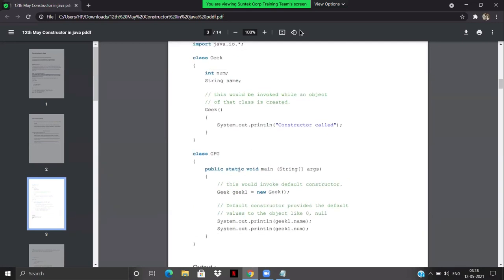The reason behind that is, let me explain it to you. We have Geek1 equal to new Geek. Which object have we created, and for which class? We have created an object for the class Geek.